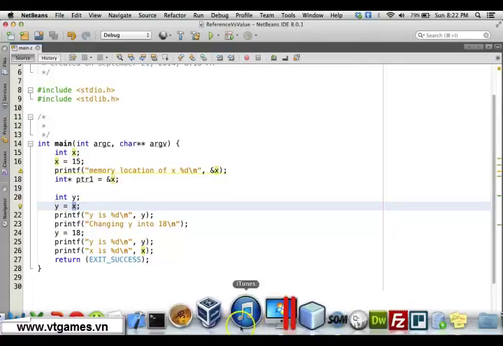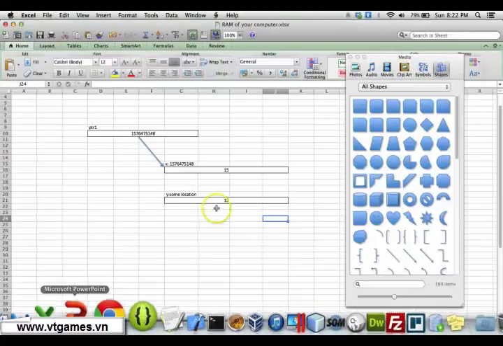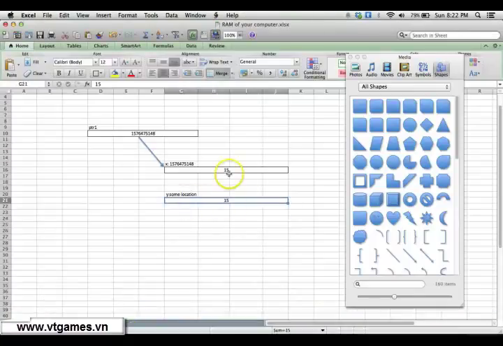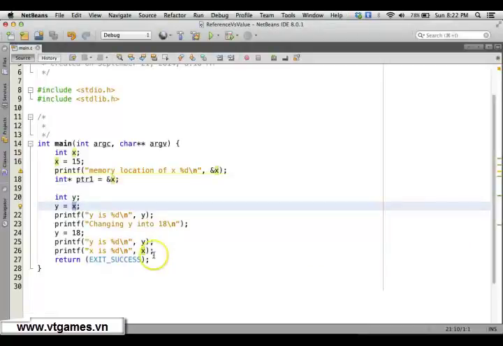So what does that mean, values of x? If you look at the memory here, y actually stores a copy of x, which is 15. So if you change y into 18, y is 18, but x itself still remains 15. However, if you use a pointer,